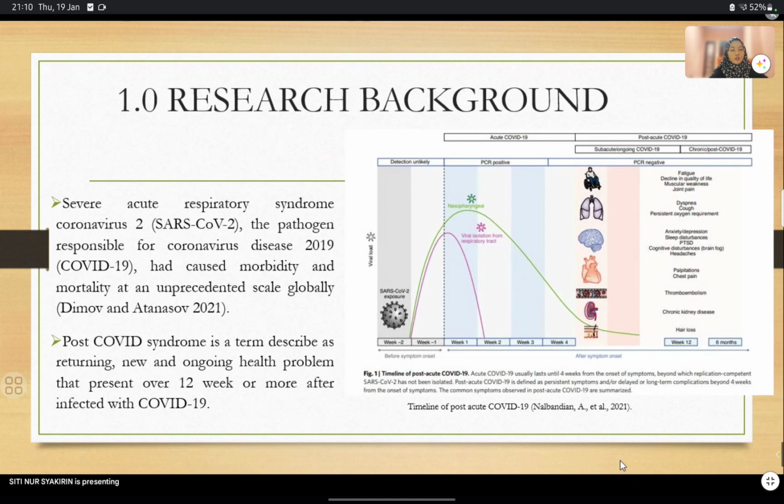So what is long COVID? Long COVID is a collection of long-term symptoms, referred to as post-COVID syndrome or long COVID, which is defined as evolving, suggested to include the persistence of symptoms or sequelae development, 3 to 4 weeks from the onset. There's no way to diagnose the severity, so the symptoms might come from the COVID itself.